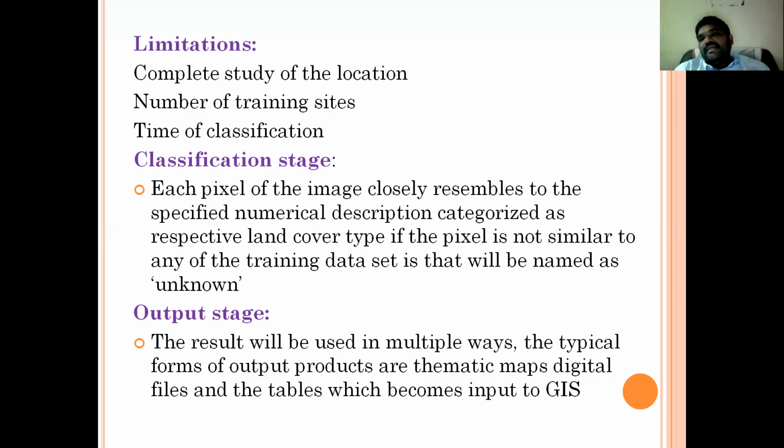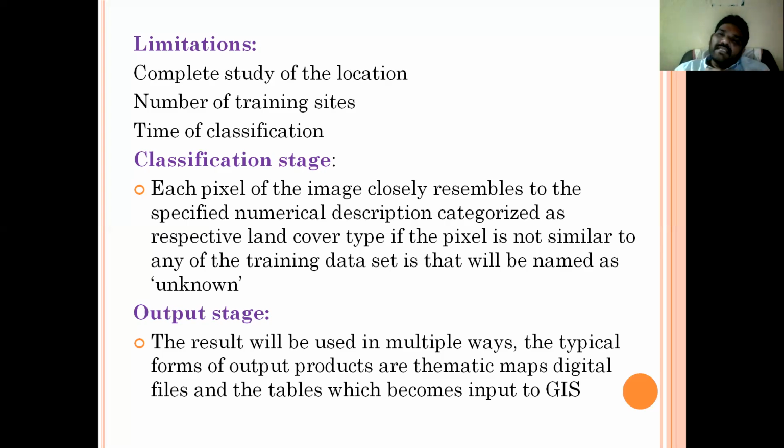Am I right? He covered vegetation, roads, soil, and water bodies, but buildings are not covered. That means the analyst has to cover all the classes of the study location. Then only will he get command of the image when he is preparing the numerical description